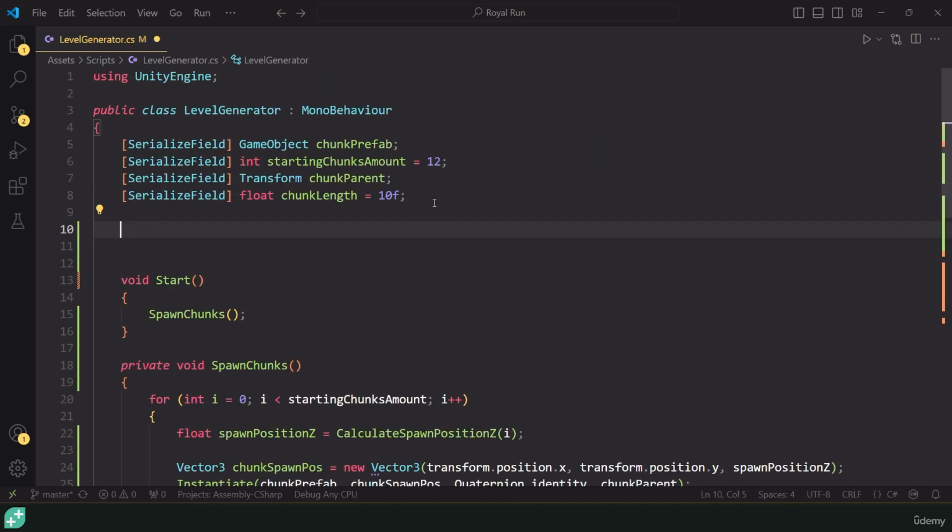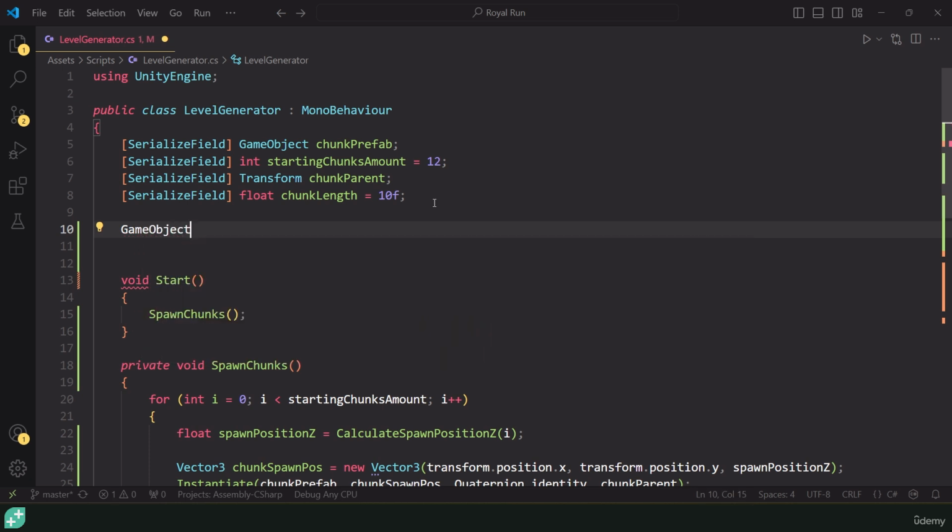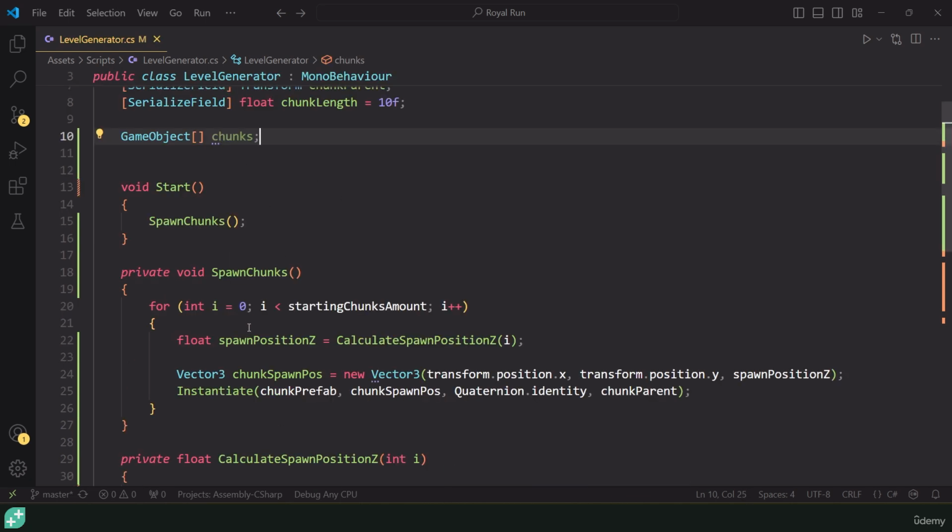I'd like to store all of my instantiated chunks inside of an array. So let's go ahead and do that. Let's create an array of chunks. We'll just store this as a game object for now. So game object, open, close bracket. We'll call it chunks. And each individual time we instantiate a new chunk, we want to put it inside this